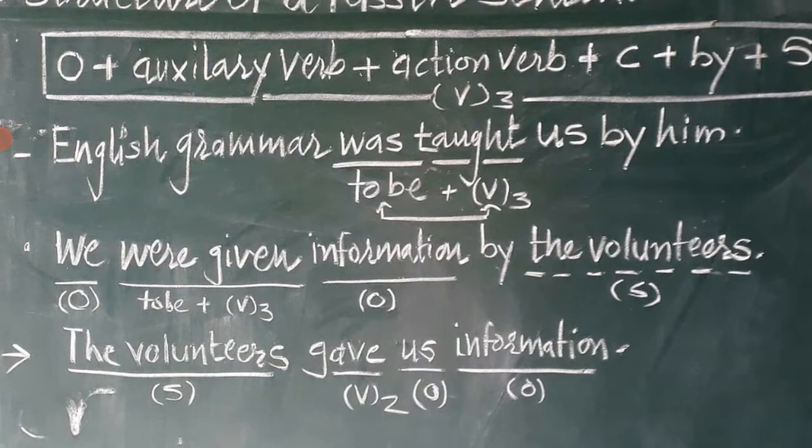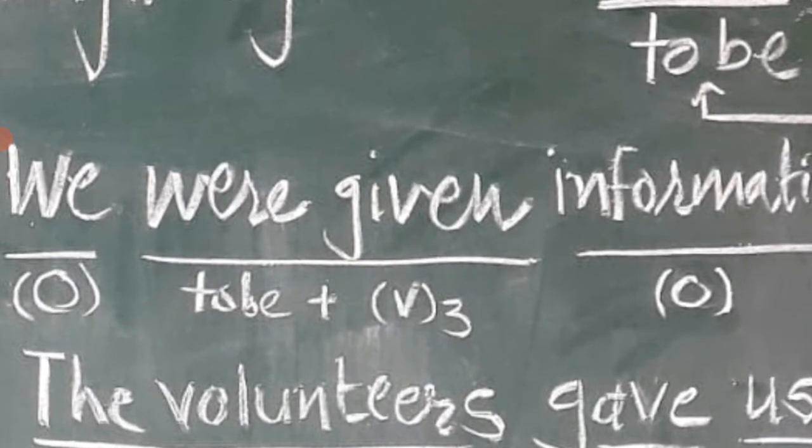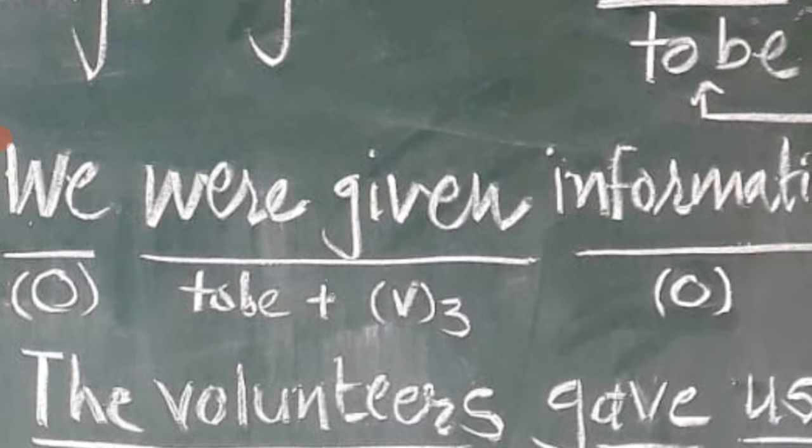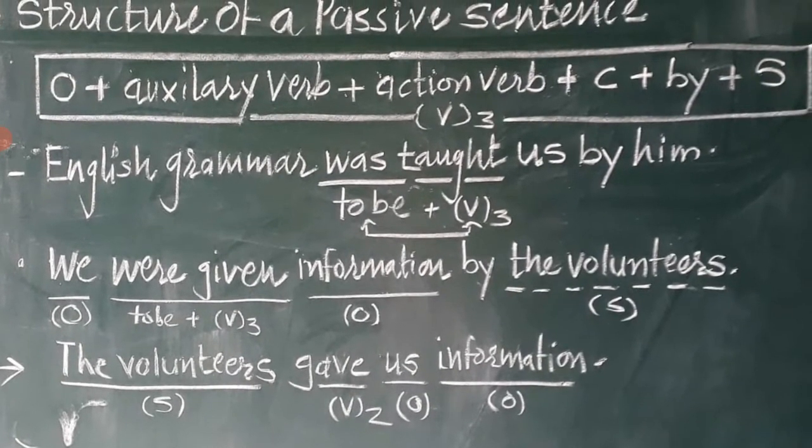But please remember, you have to make the confirmative test by identifying an auxiliary along with the past participle form of an action verb. That is the only confirmative test to judge whether the given sentence is in active or passive structure. Now, the same sentence is converted into an active one. In the last 5 to 6 videos, we learned how to convert an active sentence into passive. But in this video, we are focusing on how to convert a passive sentence into an active one.